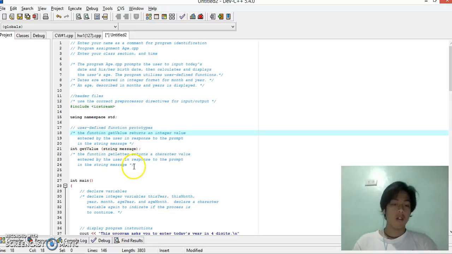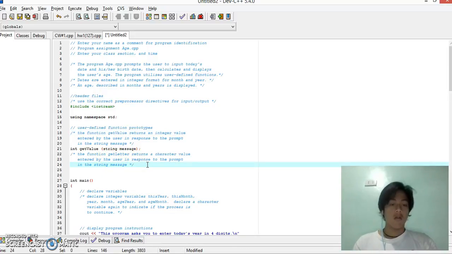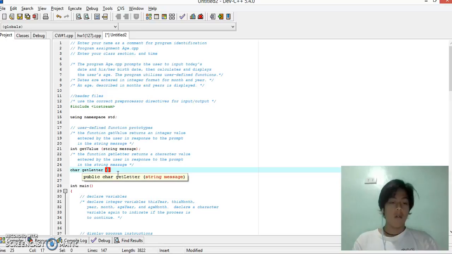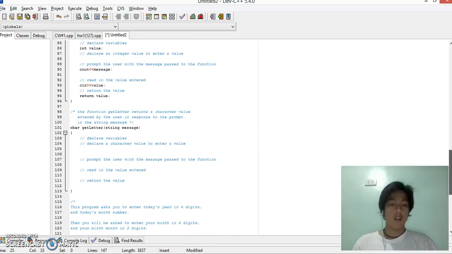For the getLetter function, this is for the try again. So getLetter returns a character value, so char getLetter without parameter string message, because we will also prompt the user. Then declare variables, char letter.